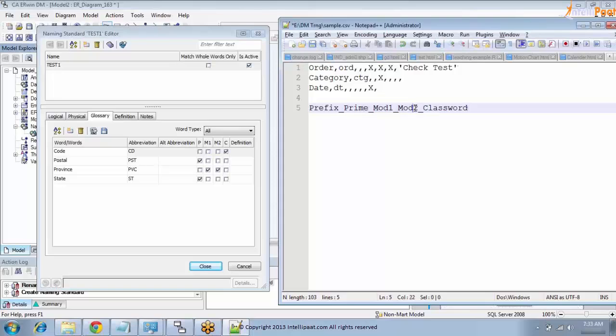Modifier 1 and modifier 2 give you information about the type of data you are storing in that column. Prime gives you an idea of the total data that is there in that table itself, or the larger group the column is part of, and prefix gives information about the table to which the column belongs. So we will see everything: prefix, suffix, and at the end you can also use suffix, but we avoid it once we have added the class word. Okay,